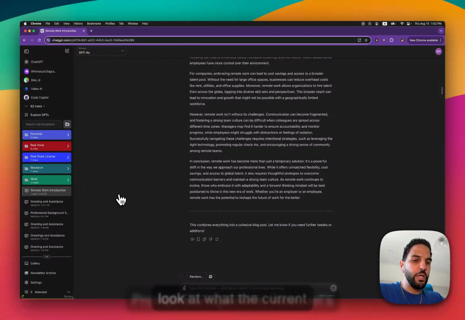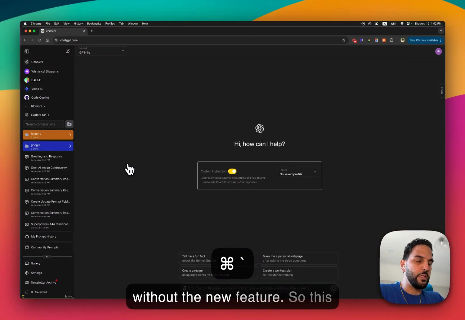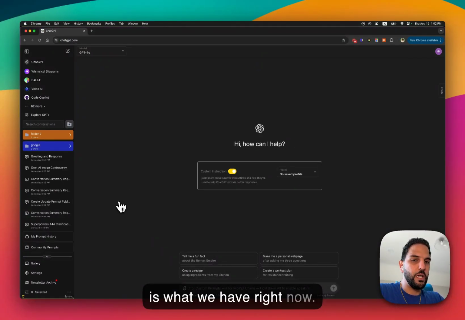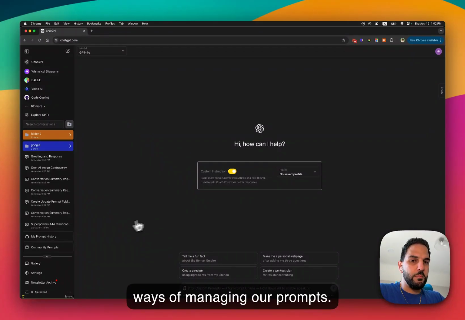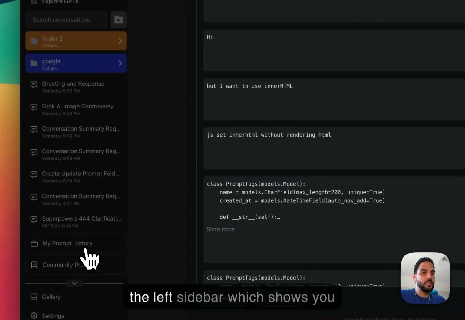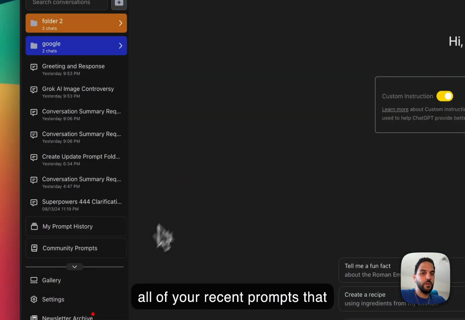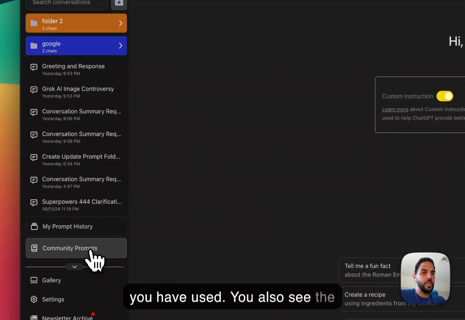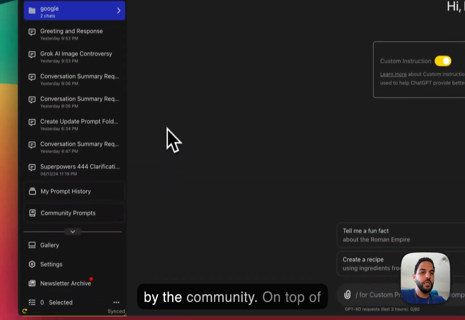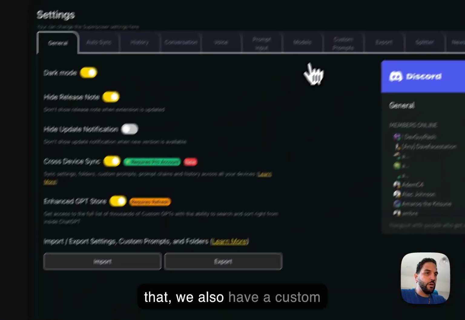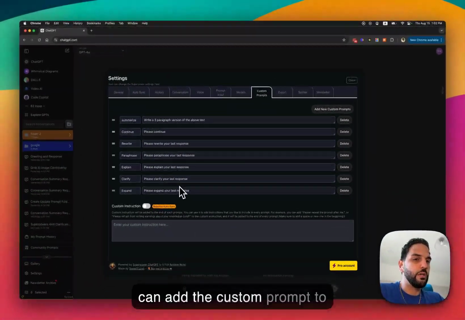Now, let's look at what the current Superpower ChatGPT looks like without the new feature. So this is what we have right now. Currently, we have different ways of managing our prompts. We have the prompt history on the left sidebar, which shows you all of your recent prompts that you have used. You also see the community prompt, where you can see the list of prompts shared by the community. On top of that, we also have a custom prompt menu here, where you can add the custom prompt to